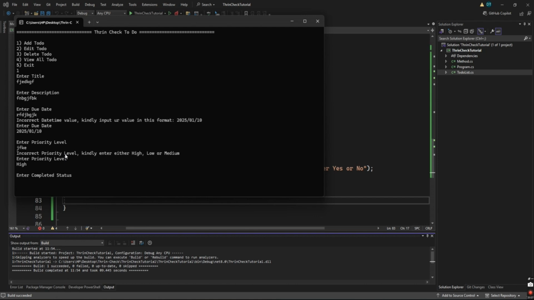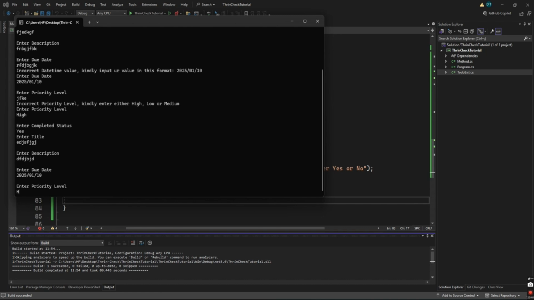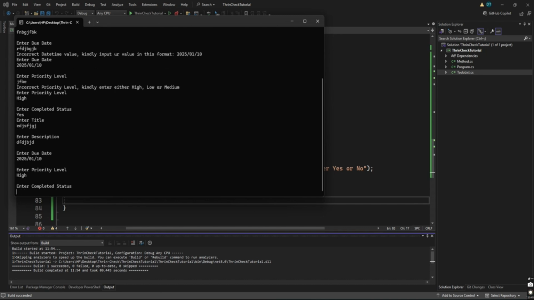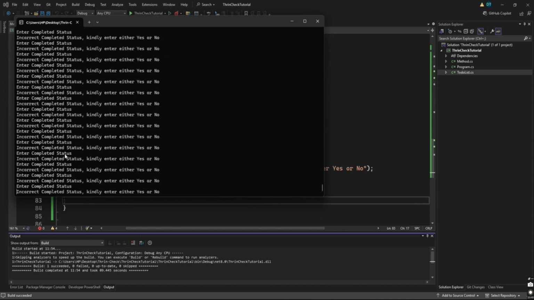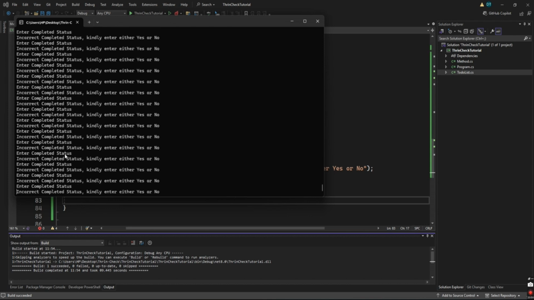If I actually input the right stuff here, there won't be an error. You can see there is no error. But if I input the wrong thing, priority level high, you can see